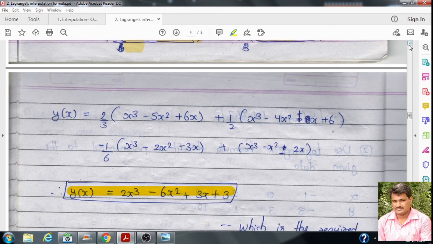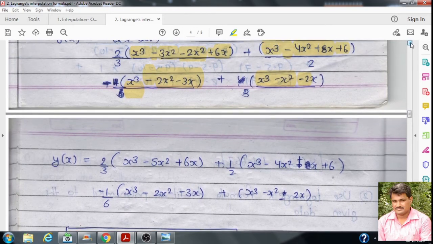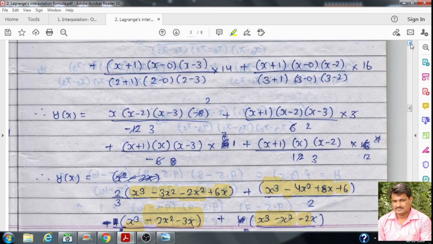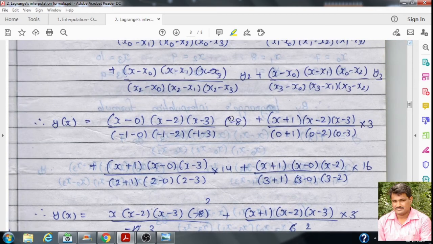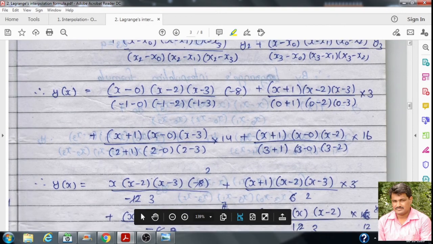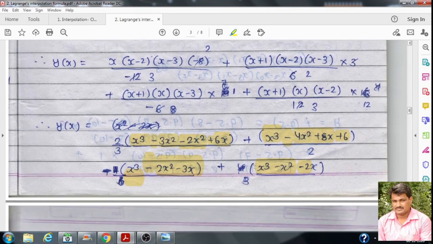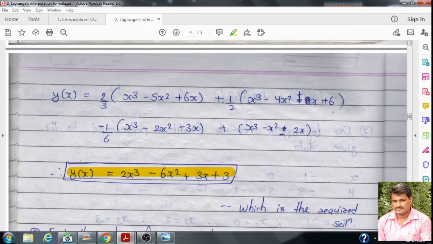What is done here? Here we simply simplify the right hand side of the given interpolating formula. First take the formula. After that, substitute the respective values of x and y, simplify every term separately, and then take the addition of every term with respect to the powers of x and simplify, and then write in ascending powers of x or descending powers of x, and that is the required interpolating polynomial for the given data. In the first problem, we have determined the value of y at x is equal to a particular point.